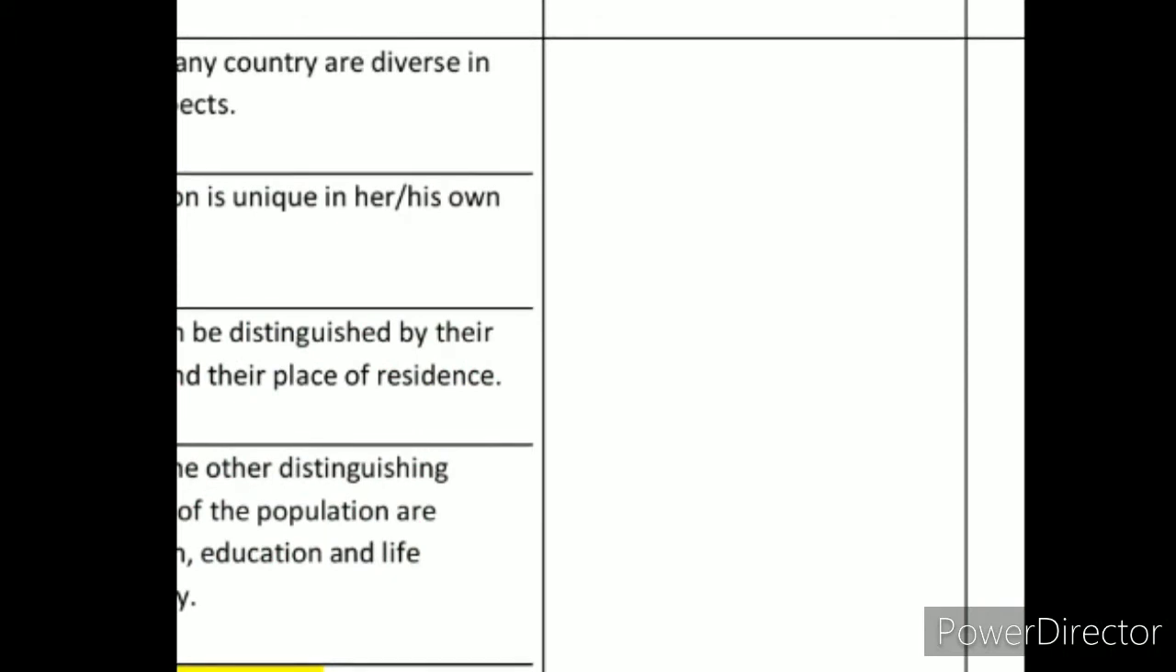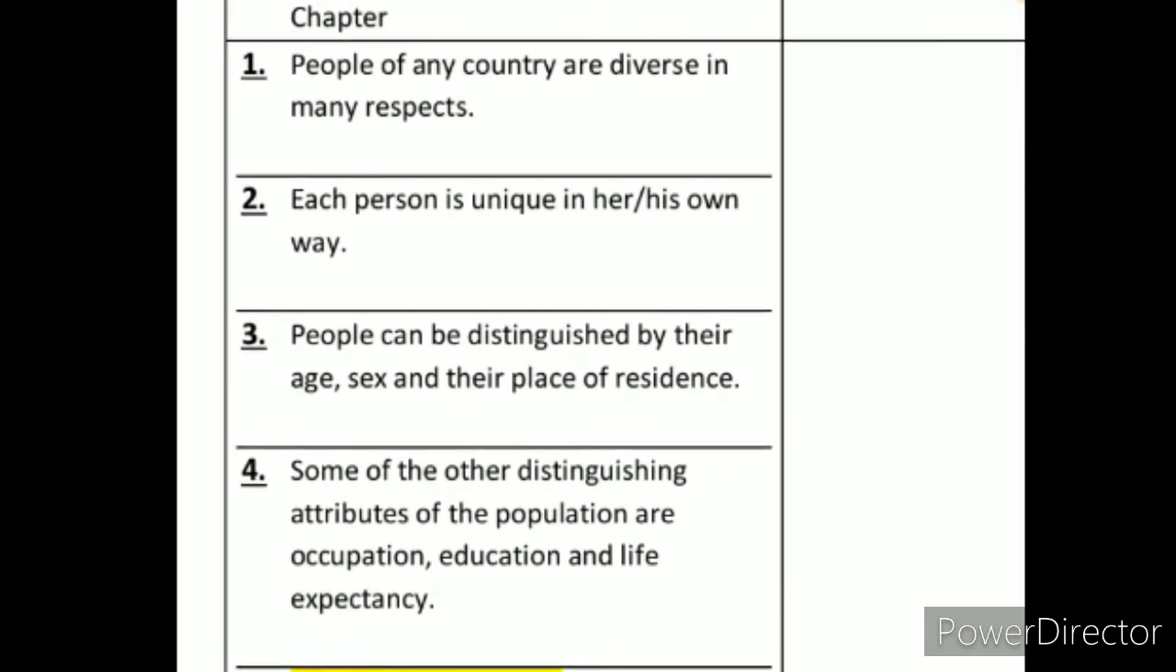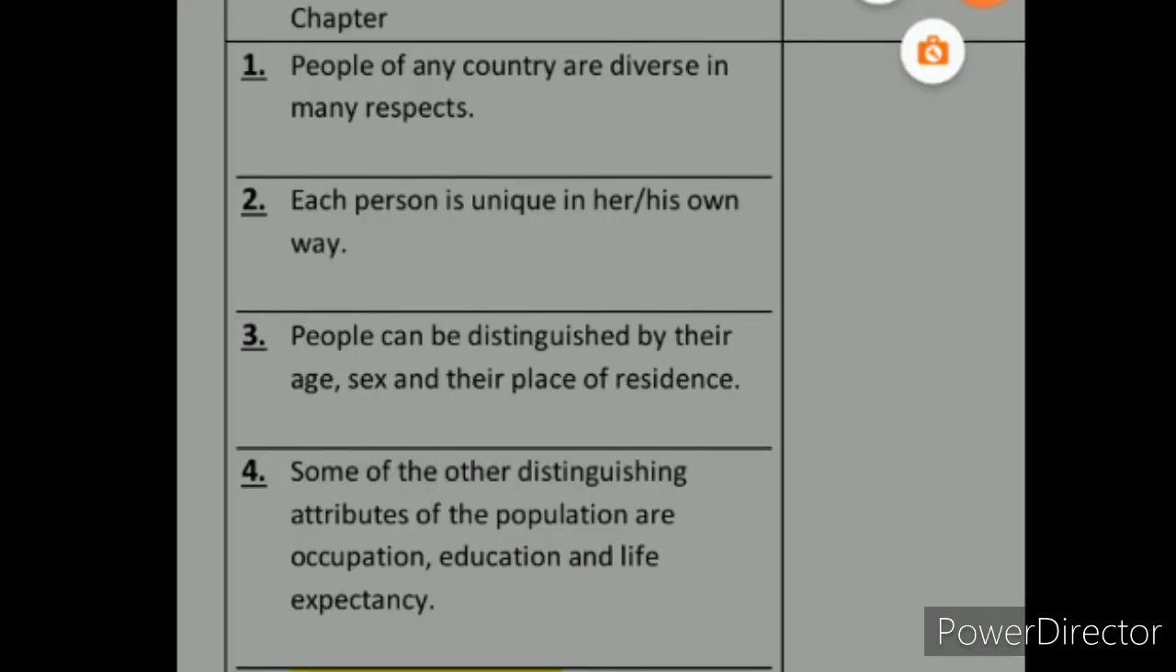Take on class 12 geography, chapter number 3, population composition. Already I sent you a video of 3 chapters. Today we'll take on chapter number 3. The name of the chapter is population composition. So in this chapter, basically